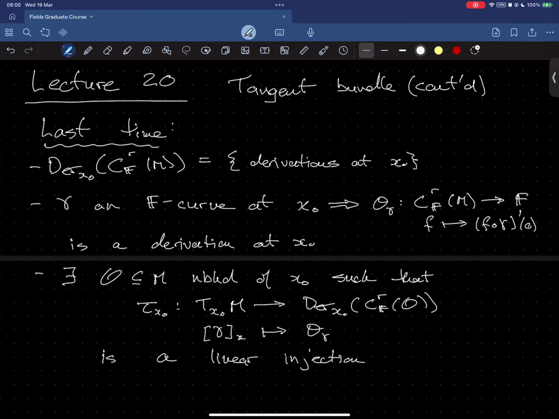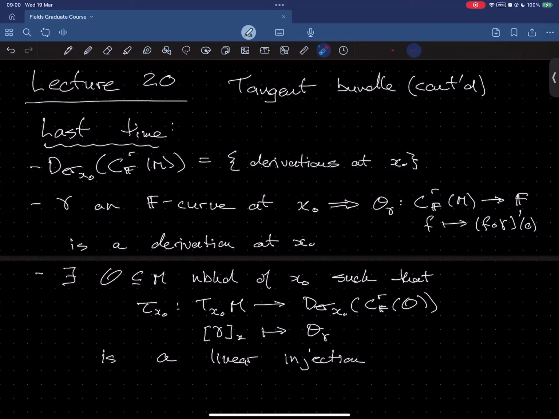So last time we finished talking about vector bundles, and I'll have a bit more to say today about vector bundles. And we started talking about a special example of a vector bundle, namely the tangent bundle. We haven't yet seen that the tangent bundle is a vector bundle, but we'll do that today. But what I finished the lecture with last time and spent a bit of time working out was this